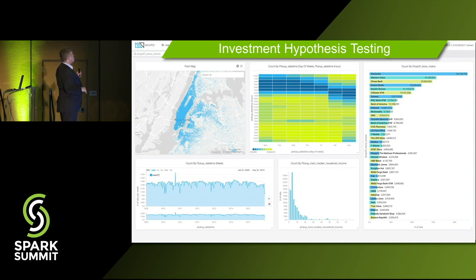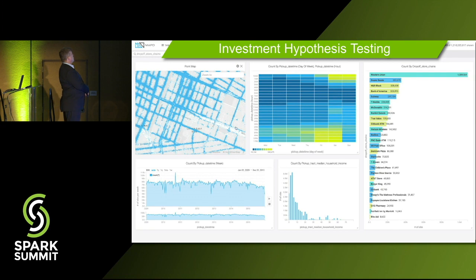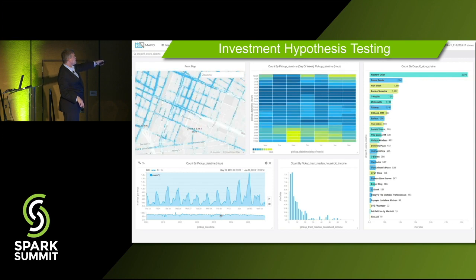And so what it is, I'm going to start the video. Now let's zoom into the Lower East Side. Here on the time histogram, it's over 1 billion records, and I'm going to talk to it, so I will mute that. And so this is over 1 billion records, and you see they're geospatial in time. It's the trajectory of the taxi cab in time and the pickup and drop off. And so what you can do is it's been spatially joined with the locations of all the stores in Manhattan. So you have this time of day and day of week matrix, and you can see where drop-offs happen.